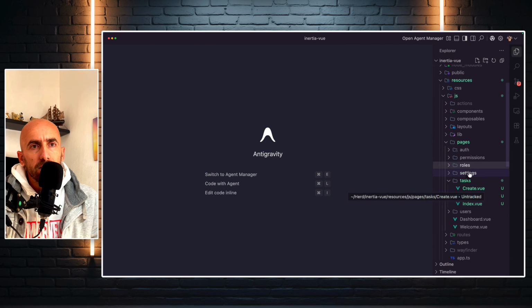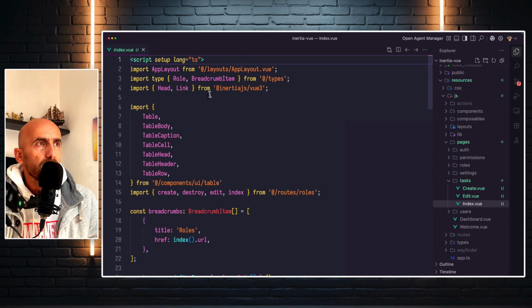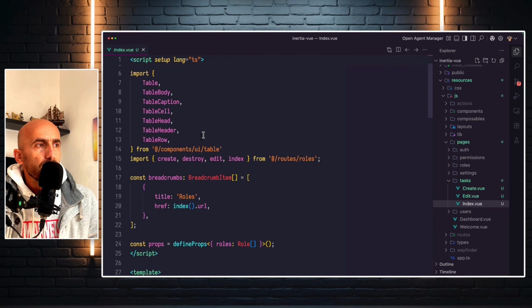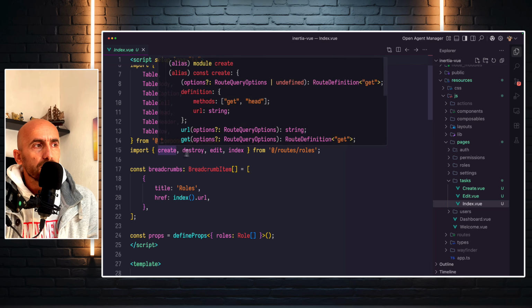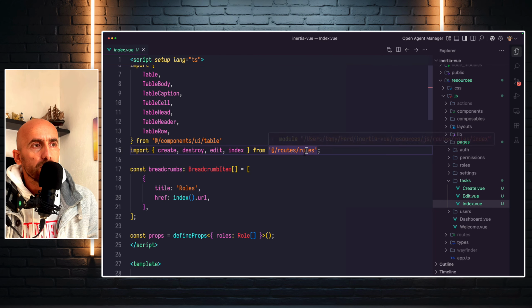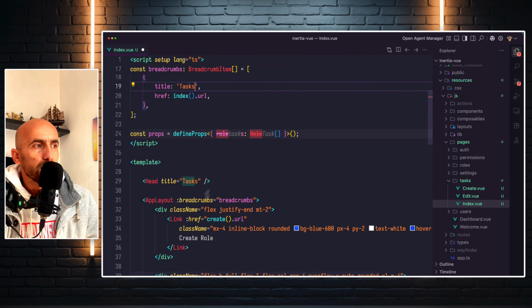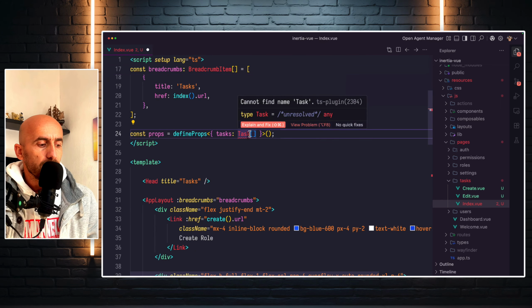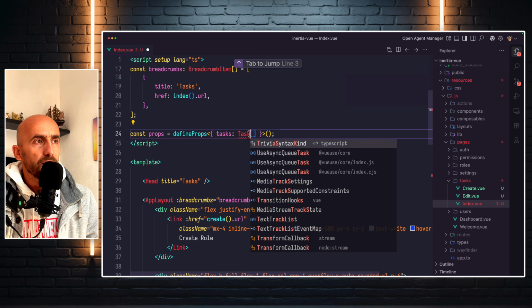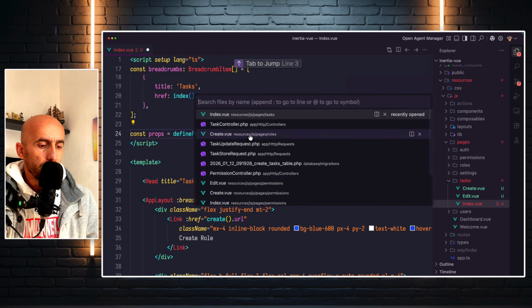I duplicate the roles in pages also, so let's come here and let's work with that. First, we're going to import the create, destroy, edit, and index not from roles but from tasks. Also here tasks, yes. Then tasks also here, and we need to import the task type if we don't have it. So let's open the index.d.ts